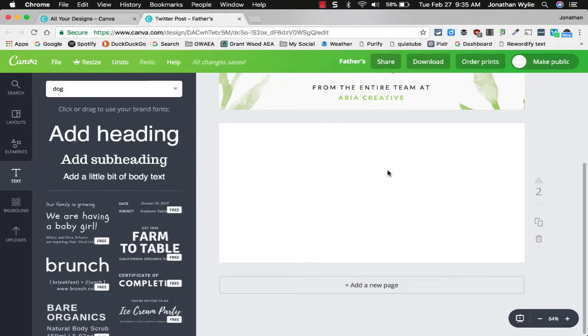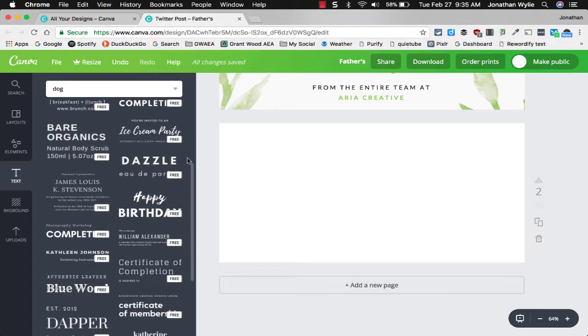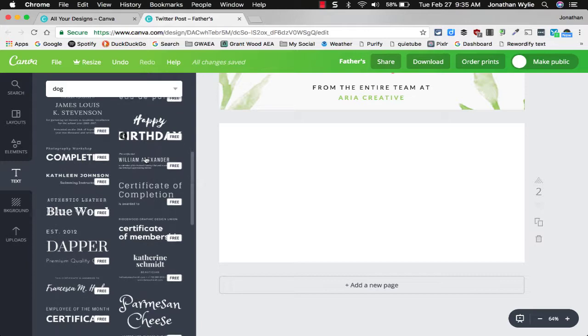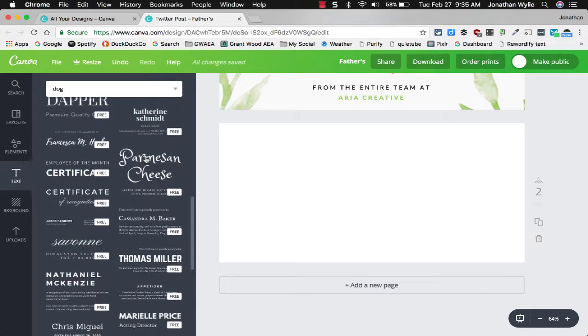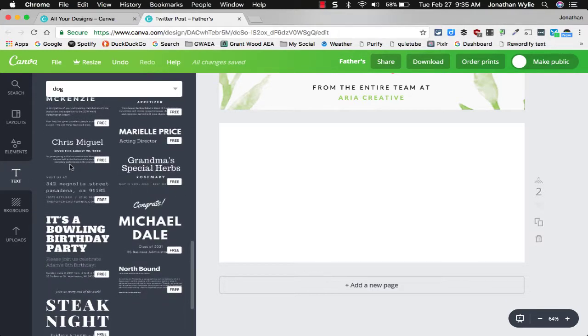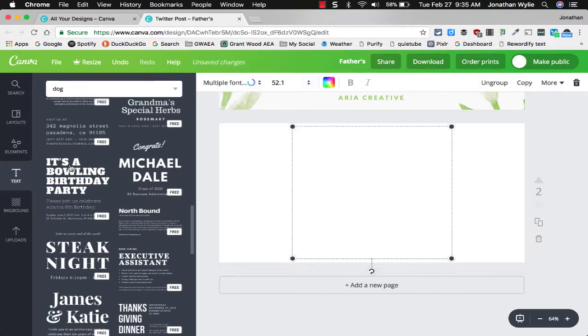However, also over here on the left hand side, under those three default settings, you've got a number of pre-made design templates for text as well. So if you were looking for something that was already styled in a specific way, you can use those here too, and you can see they're basically all free. So it'd be very easy to find one that might fit a design you want,